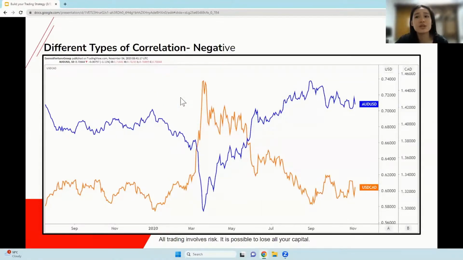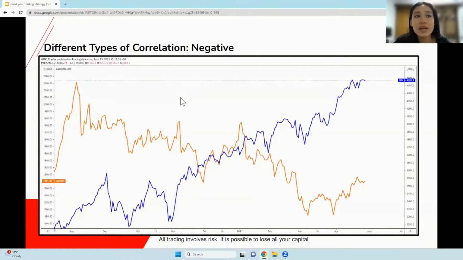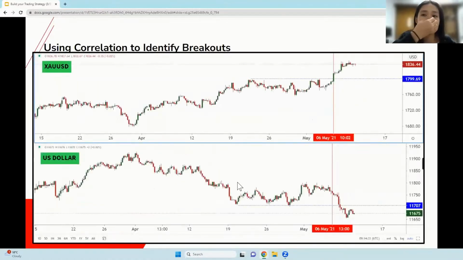Same thing in this example, we are looking at Aus dollar and dollar CAD. It's basically the opposite. Okay, and the SPX and gold as well. If you look at this chart, whatever you analyze on the SPX, just purely technical again, you can pretty much just reverse that for the gold analysis. So here is gold and US dollar, which tend to be negatively correlated a lot of the time. But of course, once again, remember to check before you do your analysis.